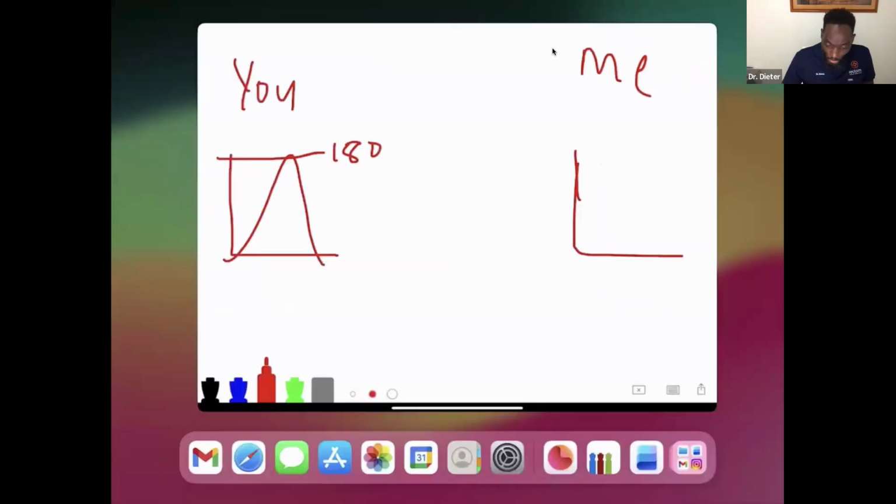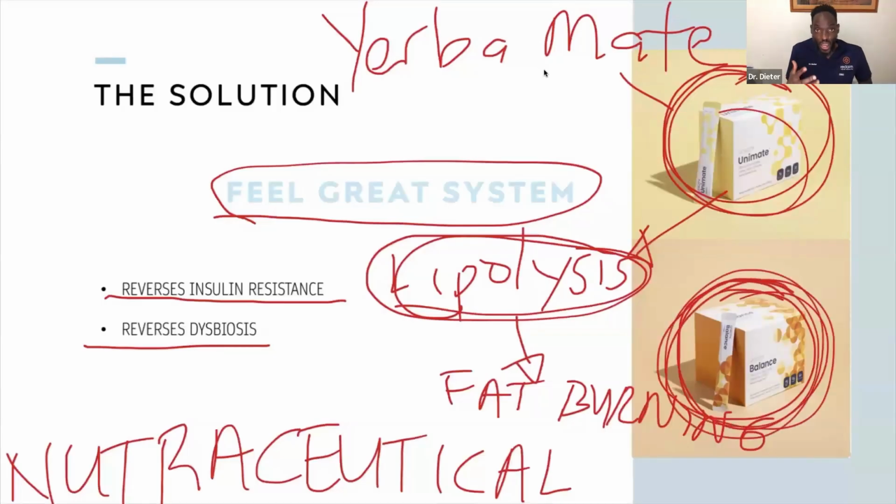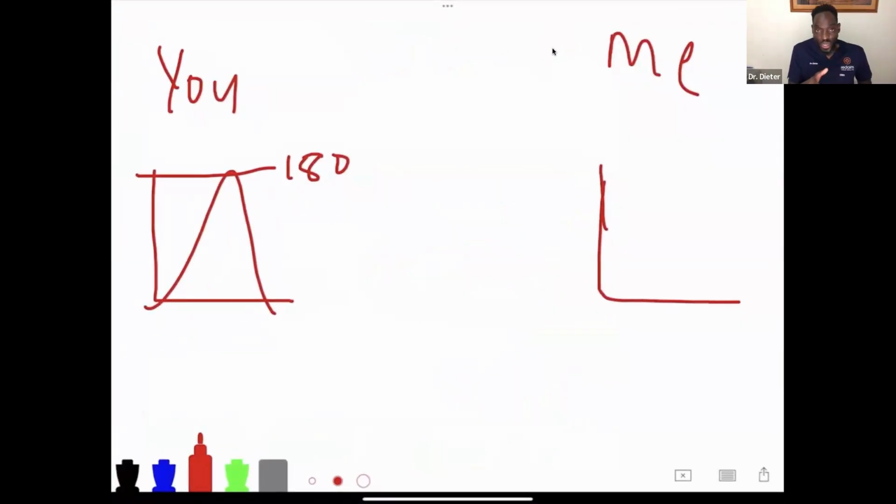So for me, I know a thing or two about fiber. I know that this nutraceutical product contains fiber, and that fiber is going to blunt the rise in my glucose. So I consume this nutraceutical product first, which is loaded with fiber, and I consume the same quantity of lasagna that you ate. What my blood sugar profile, or glycemic index, is going to look like is going to look like this,